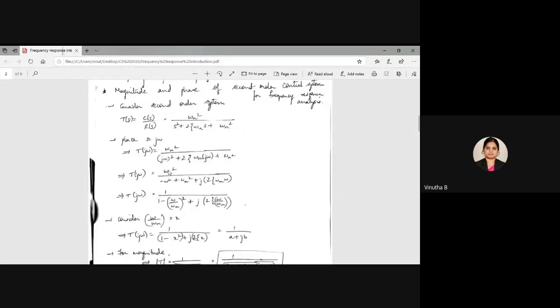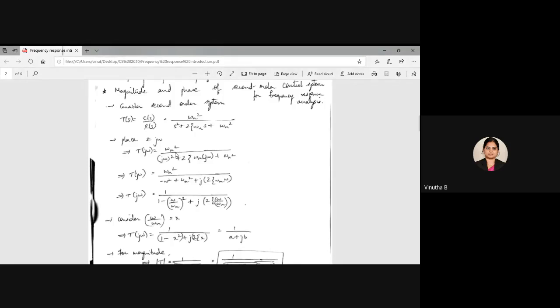So now this implies T of j omega is equal to, now take out omega n square as common. When you take out omega n square as common from both the numerator and the denominator, those terms will get cancelled. And you can see here what you get: 1 divided by 1 minus omega by omega n the whole square plus j times 2 zeta omega by omega n, because you have omega n square. So 1 omega n in the numerator and 1 omega n in the denominator gets cancelled, and you will be left with 2 zeta omega by omega n. So this is the basic simplification, but you should do it as per our requirement.